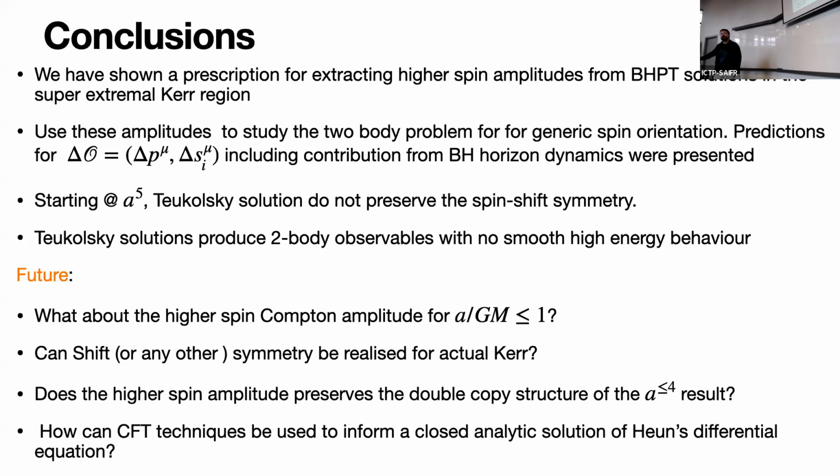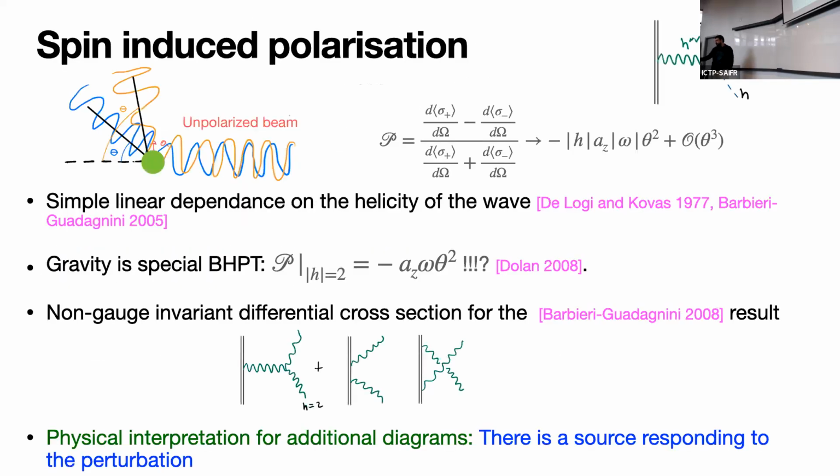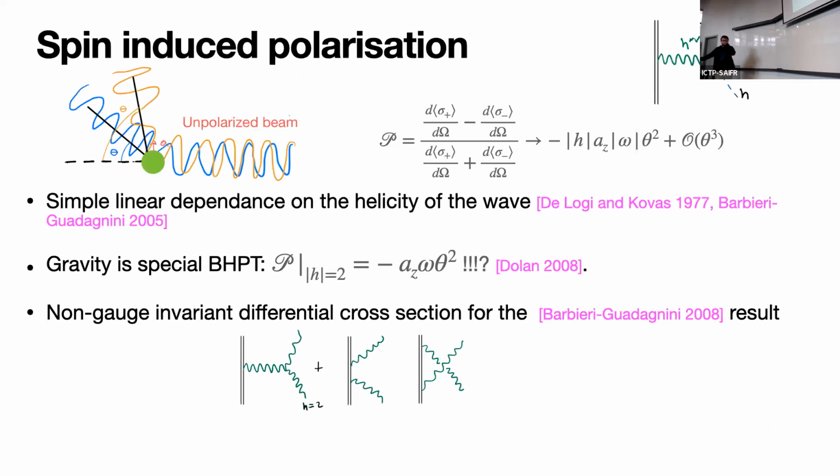So at some point you showed a result of prediction from Barbier and others for the polarization and compared it with what we got from perturbation theory, and you said there is an interpretation of adding those two less diagrams as if there's something reacting.